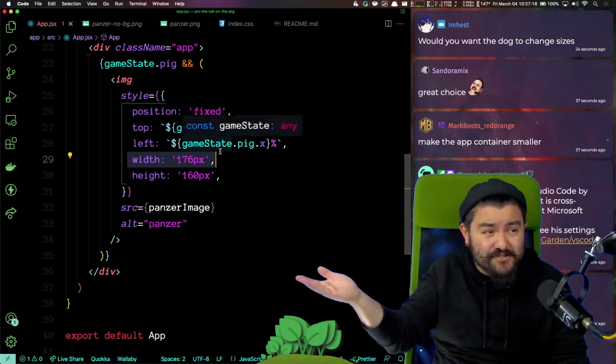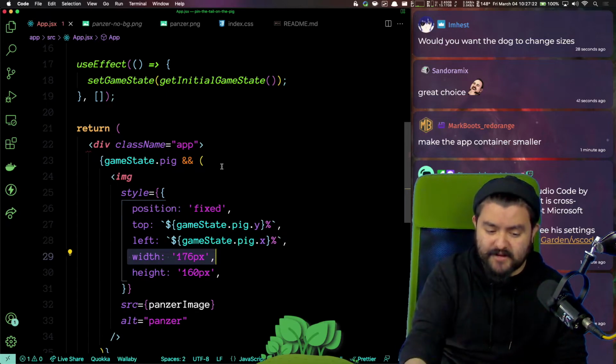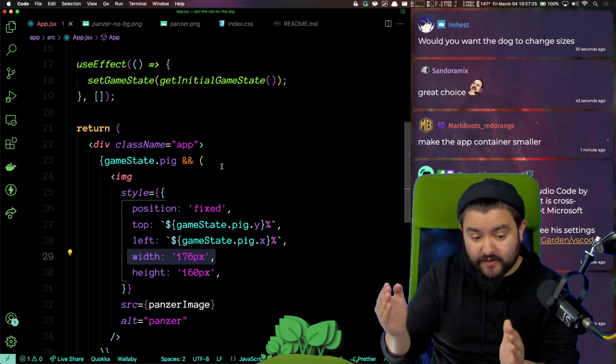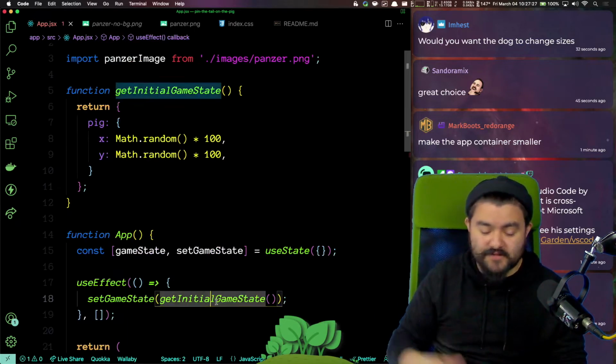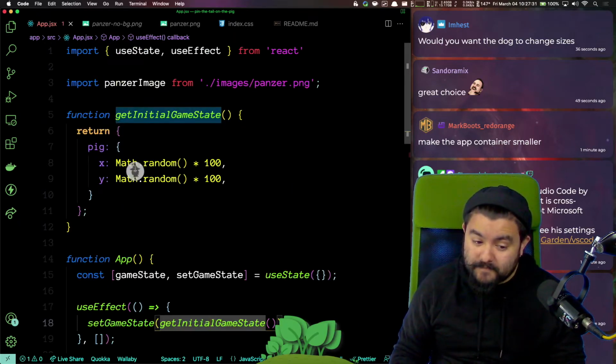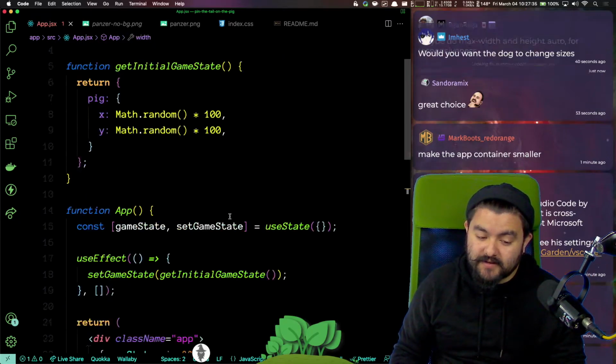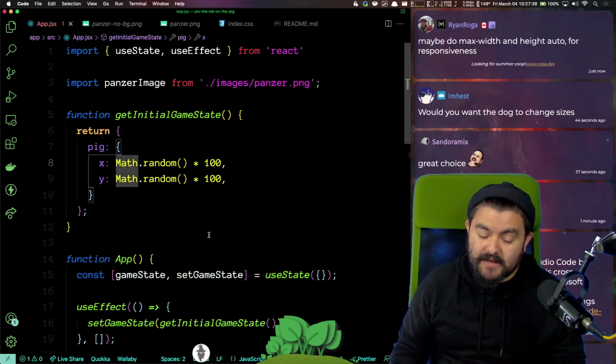In React, that's actually pretty tricky because we have to do an initial render to get the image onto the page to get its width, so we can use this value in this function. Basically, by hard coding it, it makes everything easier, because now we can just subtract this value here.